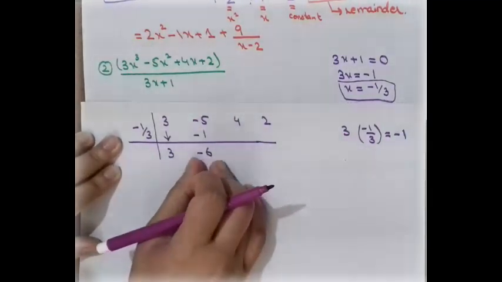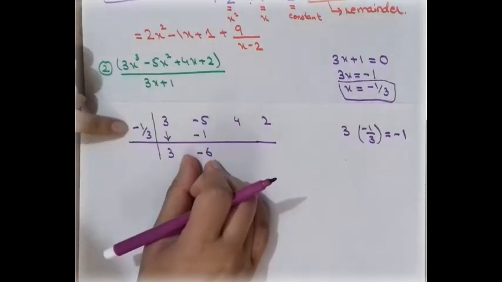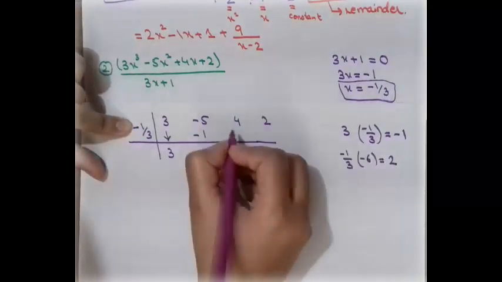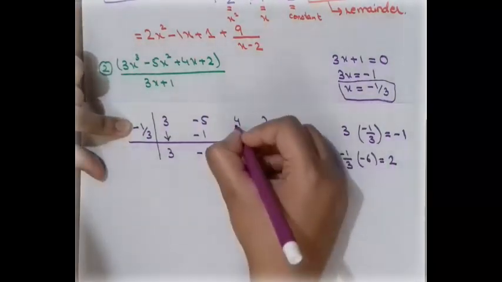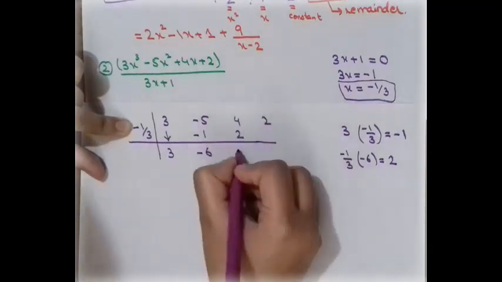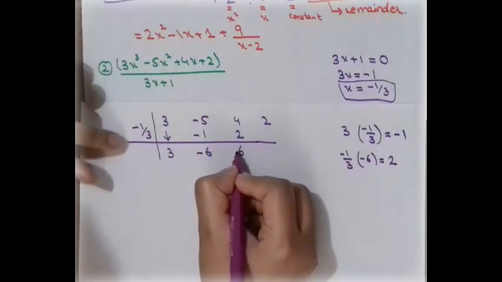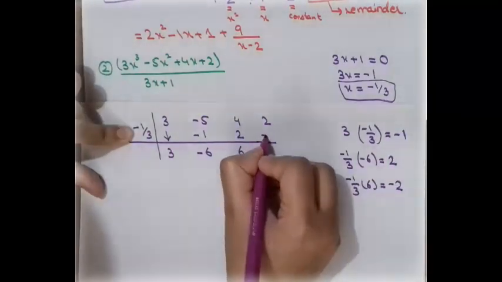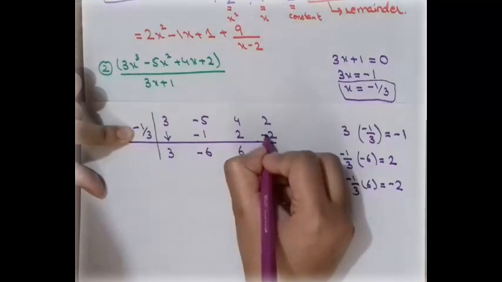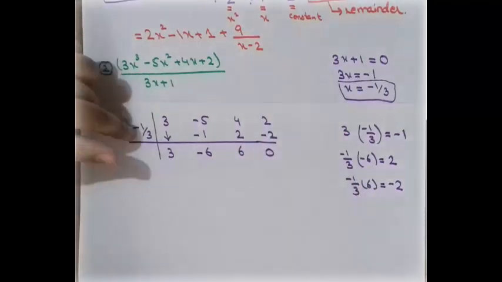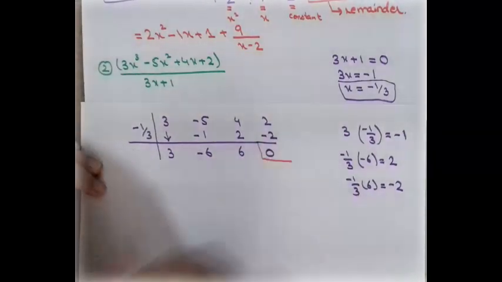Again, here is a number in this box. So to multiply these two numbers, we write the answer here, and again add these two numbers, which will be 6. And here is again a number in this section, so again multiply, we write it here, and we add these two numbers, so we will get 0. We get a remainder which is 0.